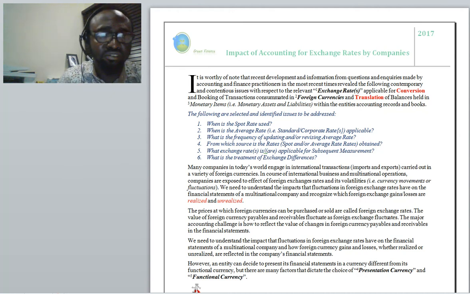Now, as we move on in this discussion, you will realize that exposure to foreign currency is not a function of your size as a company or as an entity. This defies the fact that you are a big company or a small company, either by size, by capital, or by production, or by geographical distribution. Likewise, it defies the nature of whether you are a publicly listed entity or a private entity, including government business enterprises or not-for-profit organizations. But this affects all forms of entities which are exposed to foreign exchange rate movements.